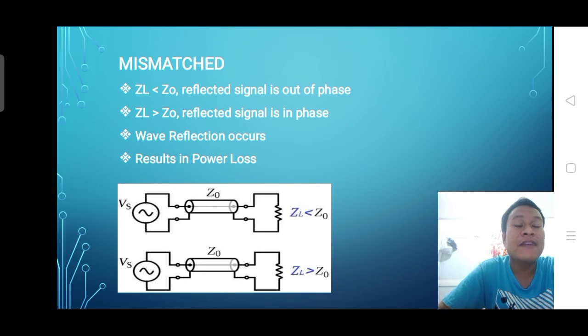Any value between the perfect match and perfect mismatch is called a mismatch. In mismatch, ZL can be less than ZO, or ZL can be greater than ZO. When the characteristic impedance is greater than the load impedance, the reflected signal is out of phase. And when ZL is greater than ZO, the reflected signal is in phase. In mismatch, wave reflections occur and result in power losses. And we can measure those reflections and power losses through